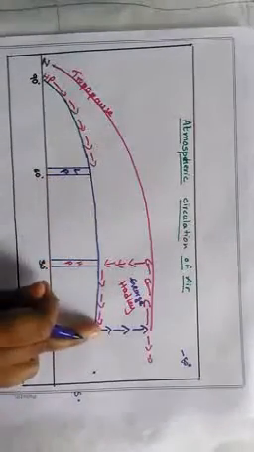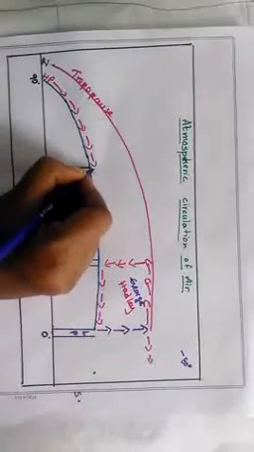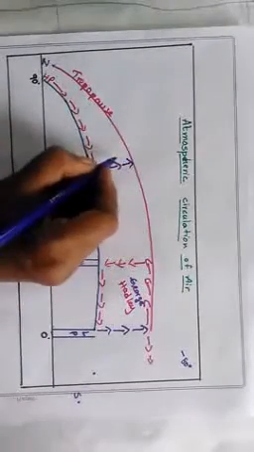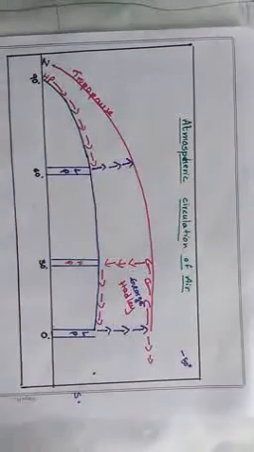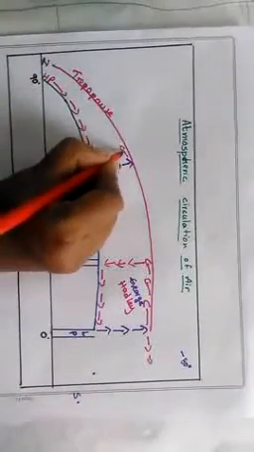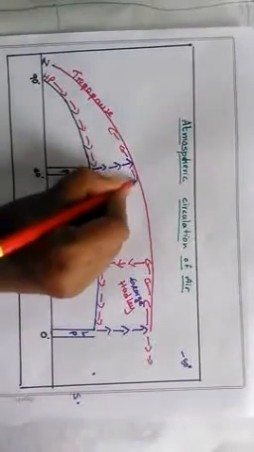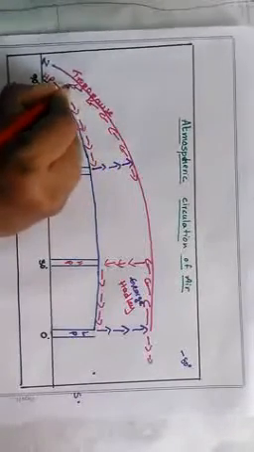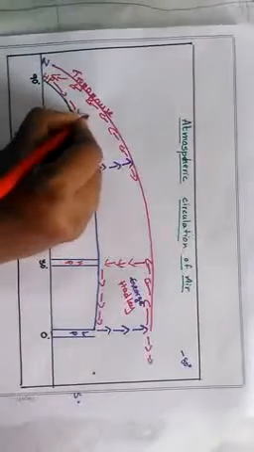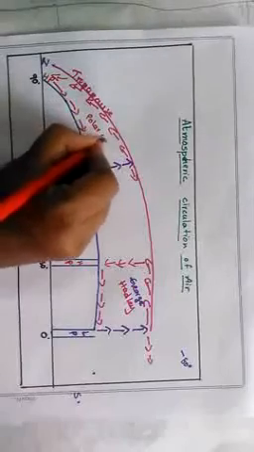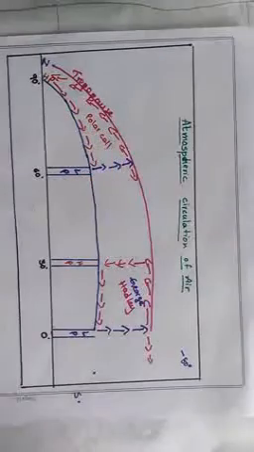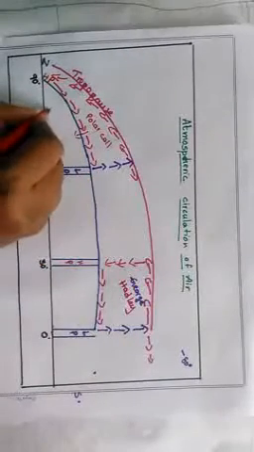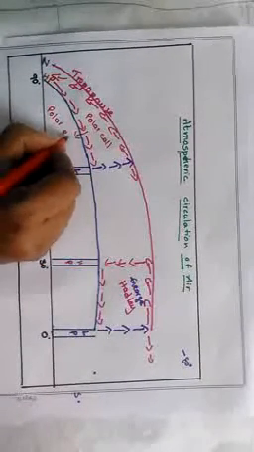According to this concept, the air tries to move to the upper layers of the atmosphere. After reaching near the tropopause, some diverges its direction towards the poles and some towards the equator region. So it completes one cell here. This is called the polar cell. The winds which are blowing here are called the polar easterlies.